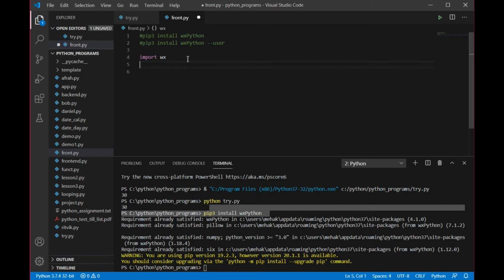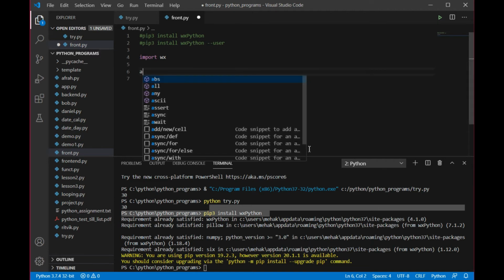So first of all, what we are going to do, if you can just have a look at this screen only, what kind of screen it is. First of all, it is a window. Okay, it is a window. There is an area specified. So first of all, I'm going to create that area.